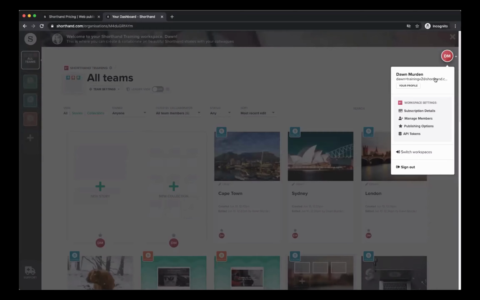that I can all access from here. And because I'm the owner of this organization, I can also look at things like subscription details, manage members, and then things like API tokens, which relate to the publishing as well. So the different things that you'll see here will very much depend on what your user status is in Shorthand. So whether you're a user or whether you're an admin or whether or not you are an owner